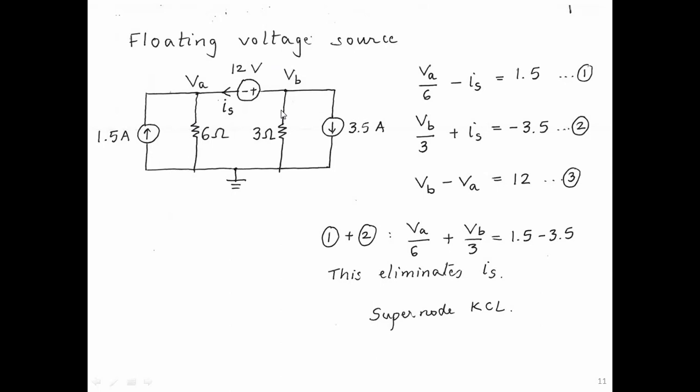So whenever there is a voltage source that is floating, if we want to avoid getting Is into our equations, we write a KCL at a supernode which encloses that voltage source and Is inside it, and so Is doesn't enter or come out of that supernode. Then we write a KCL for the 4 branches that are coming out of that supernode, which are these 4 terms in this equation.